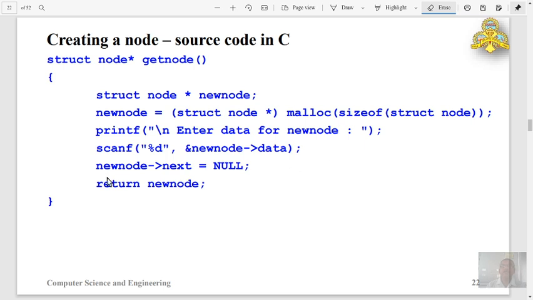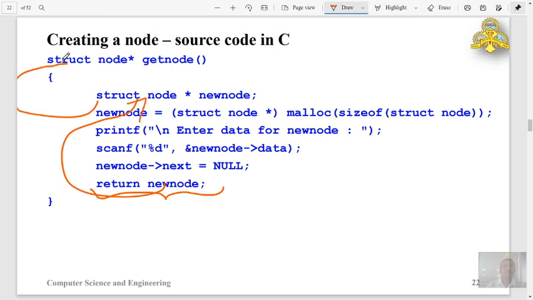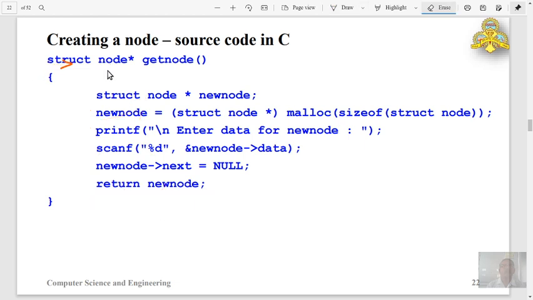I will assign null in new node next, and afterwards I will return the base address of new node. New node is of the type struct node, and that is specified here as the return type. So this is for creating a node for a linked list in C language.